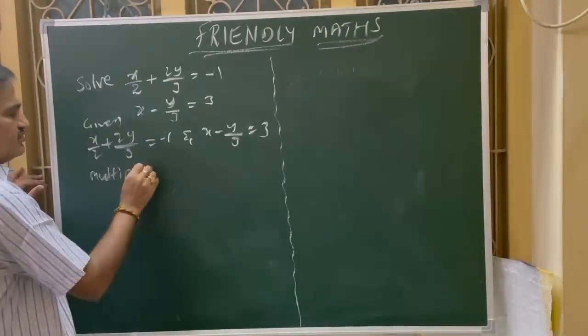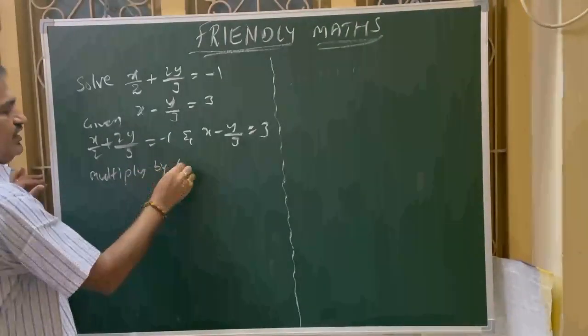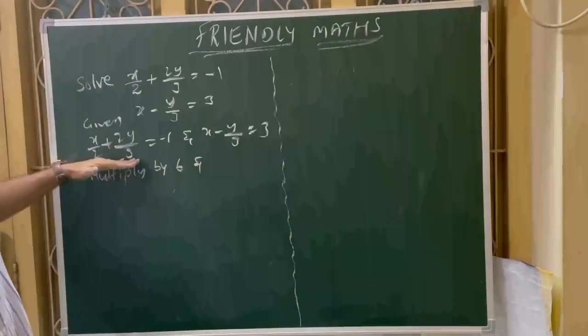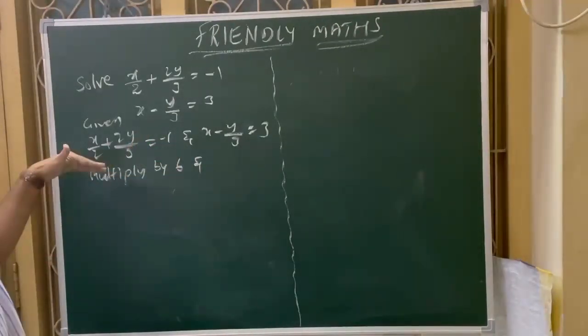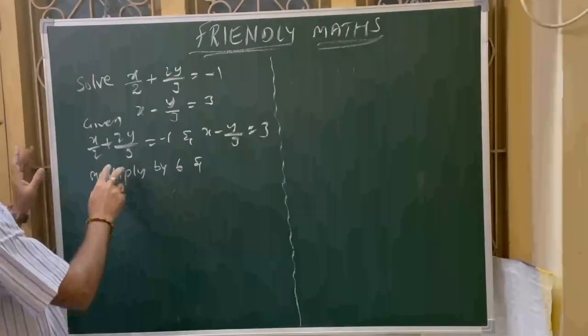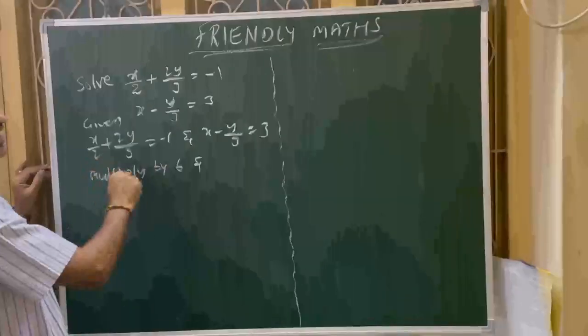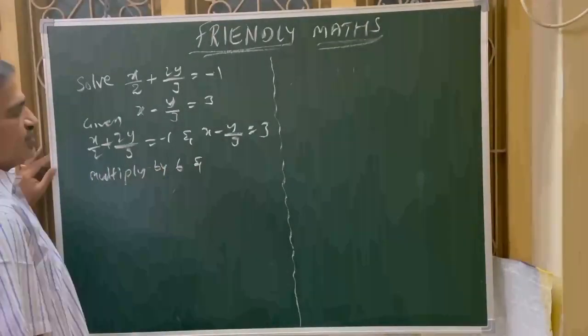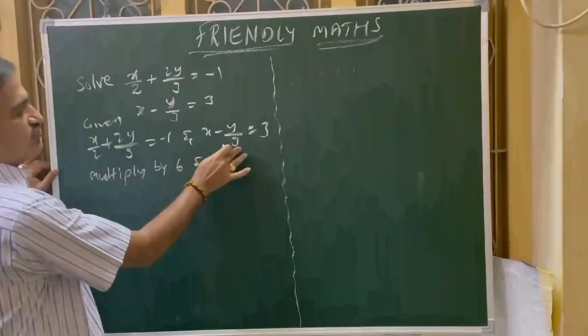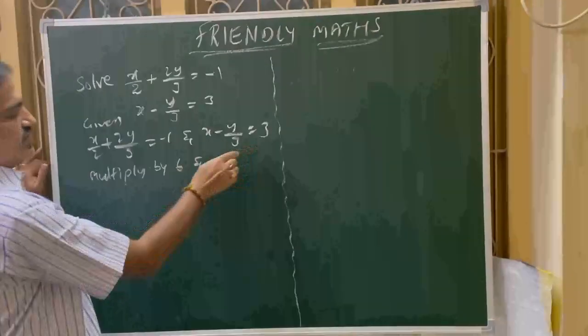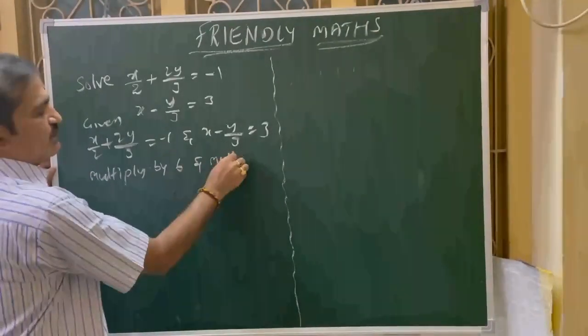In olden days, when we were studying, we took the LCM and sent it to the other side and multiplied. That is the old way. Now, whatever the LCM is, we multiply the whole equation with the LCM in one step. It is going to be simple. Here also we have only one denominator, so the LCM is 3. So you have to multiply by 3.